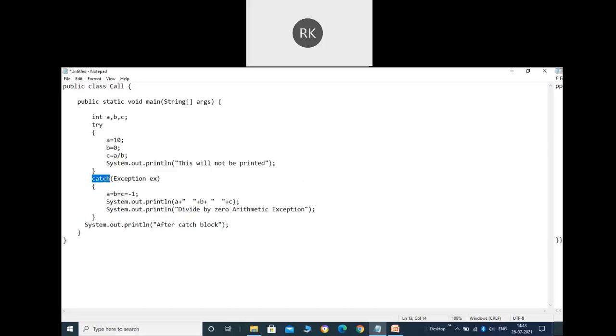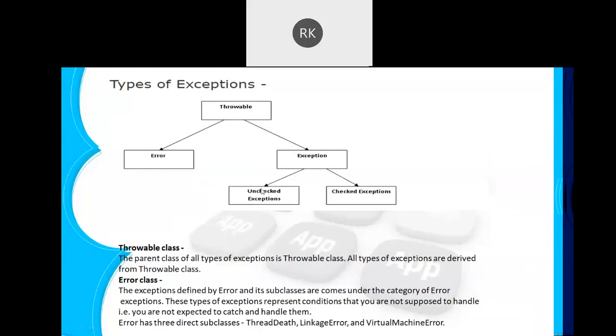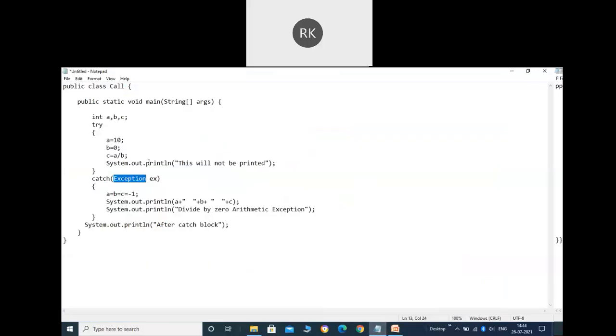The try will be followed by the catch, where we can catch the exception. As you can see, it can throw the arithmetic exception, so I can code it here, and accordingly it is going to be called, whatever the type of exception we specify here. So exactly what will happen here, if you see the diagram, you can see the exception is the parent of all the unchecked or checked exceptions. As we already know, the object of the child can be received in the parent. So no matter what type of exception we are having, it can be received in the exception.